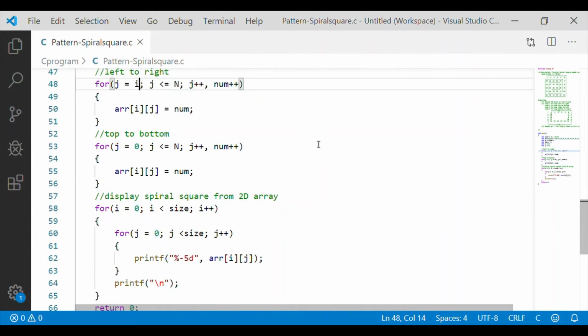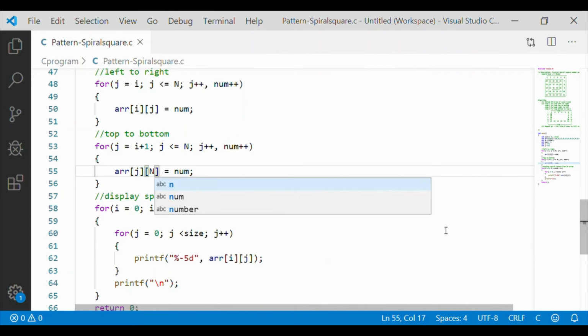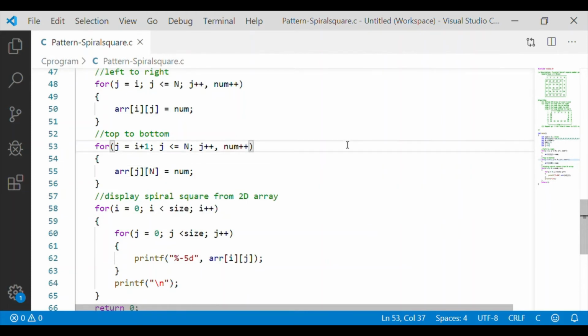So for top to bottom, the first left to right has already taken care of the topmost position. Hence we have to start one position below the top, hence i plus 1, and it shall continue till the bottom. Here the varying one is the first dimension of the array, hence array of j, and the second dimension is the last column, which is n.